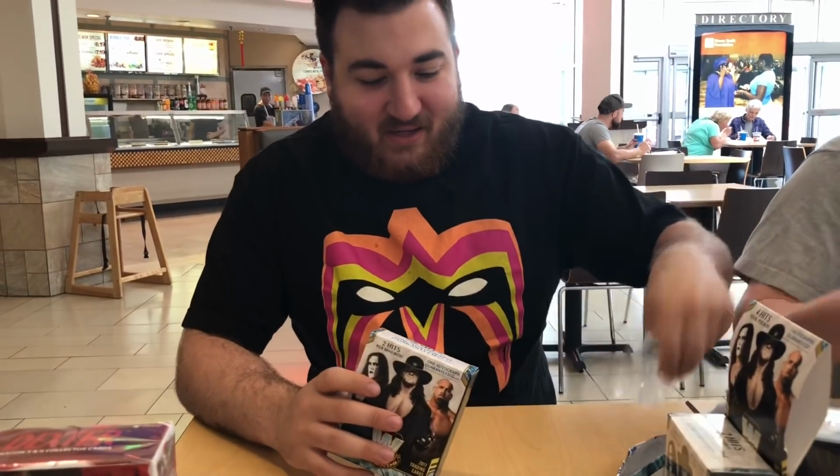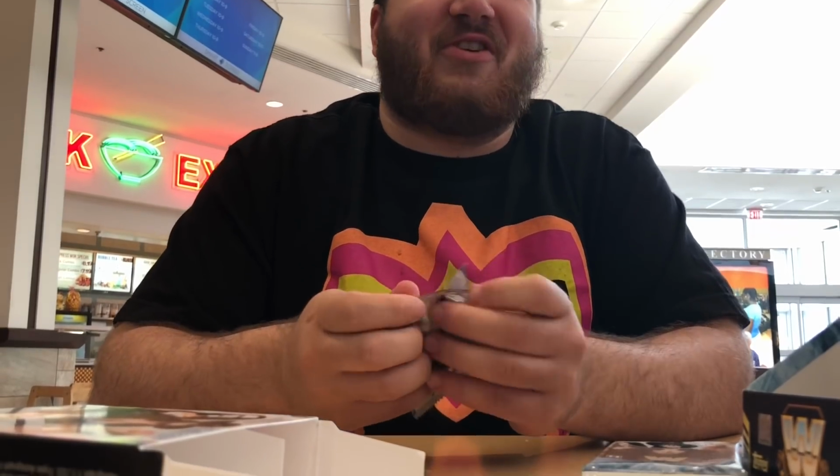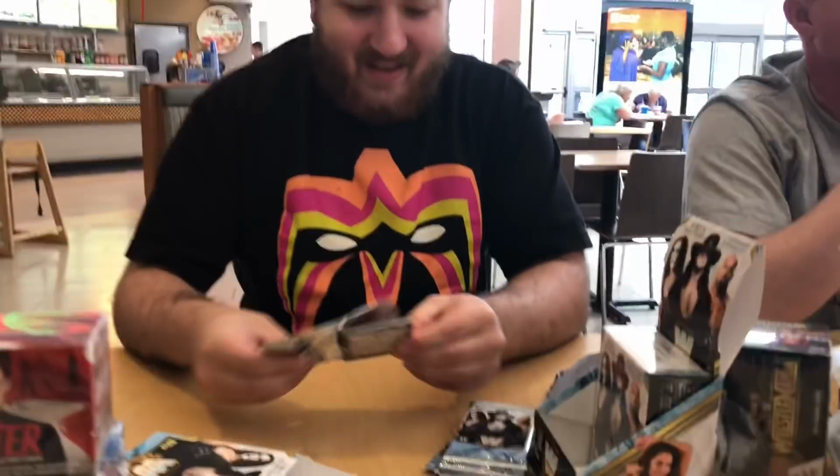Alright, first mini box. 2 hits per mini box. So hopefully the relic's in the first one, or there is no relic. Hopefully it's better than Lazy's NXT boxes. Oh, those were awful. You don't like Buddy Murphy and Sawyer Fulton autos? He did hit a Samoa Joe, but...